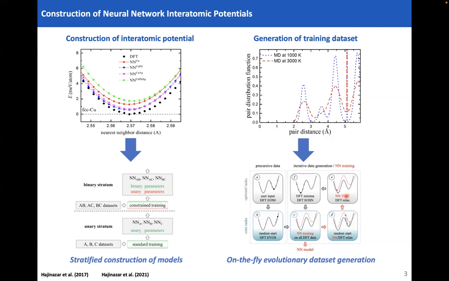Then if the structure is not reproduced well with the machine learning, it means that it is not well represented in the database at this point. So it samples those structures along with some samples from their optimization trajectory, calculates them with DFT and adds them to the database, and this whole cycle repeats